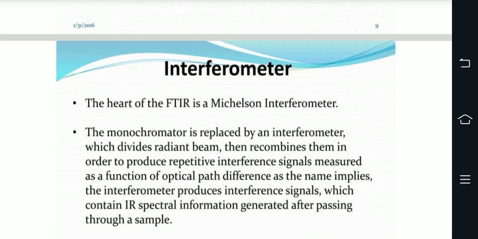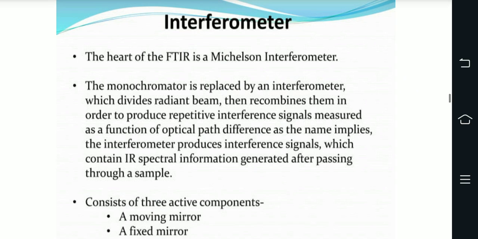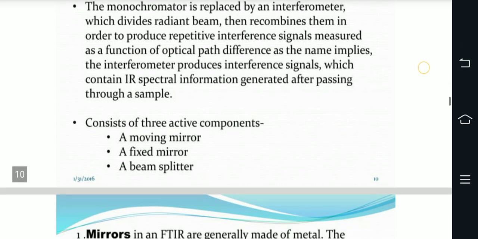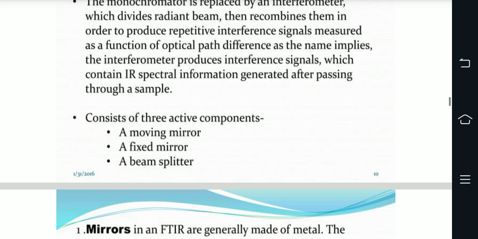Interferometer. The heart of the FTIR is a Michelson interferometer. The monochromator is replaced by an interferometer which divides the radiant beam, then recombines them in order to produce repetitive interference signals measured as a function of optical path difference. As the name implies, the interferometer produces interference signals which contain IR spectral information generated after passing through a sample. It consists of three active components: a moving mirror, a fixed mirror, and